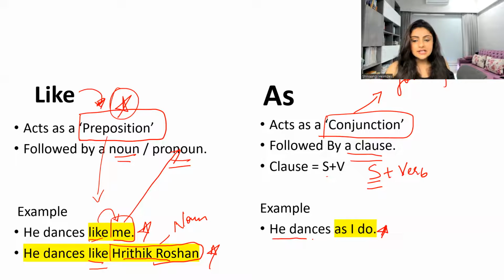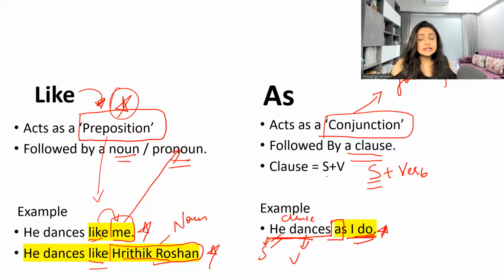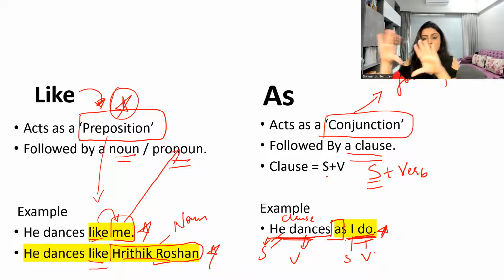So when I say he dances as I do, he dances is one clause, because I have a subject here. See, look at this. He is the subject, dances is the verb, so this becomes a clause. Look at this: I do is also a clause, because there is a subject I and there is a verb do. So what is happening here? The two clauses, he dances and as I do, are being joined by